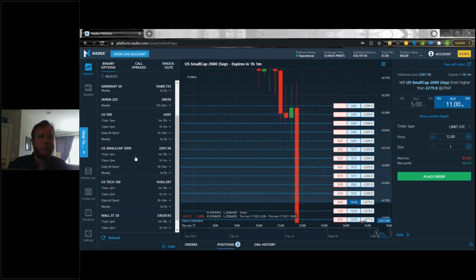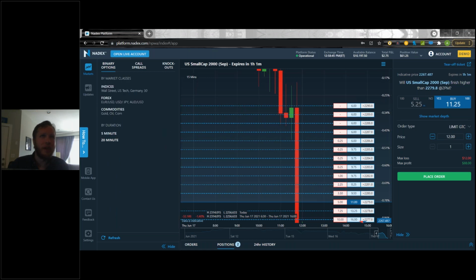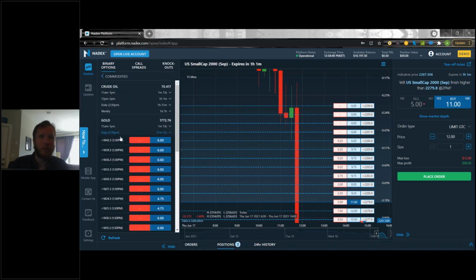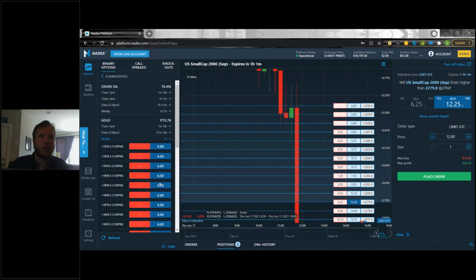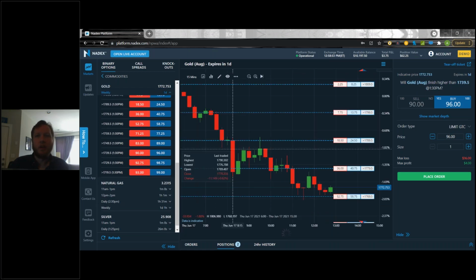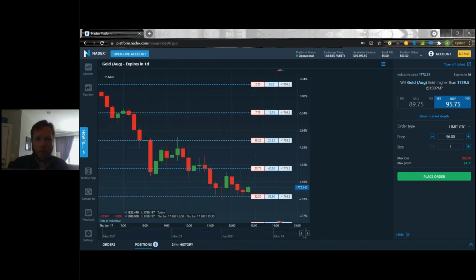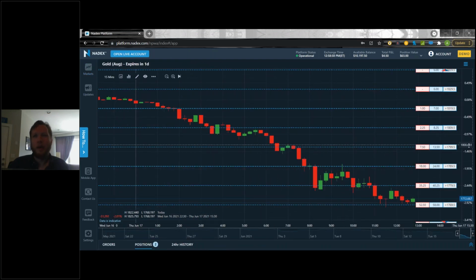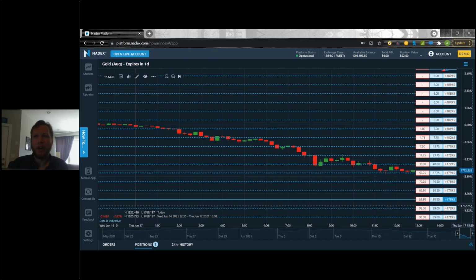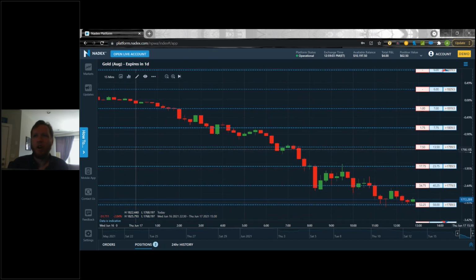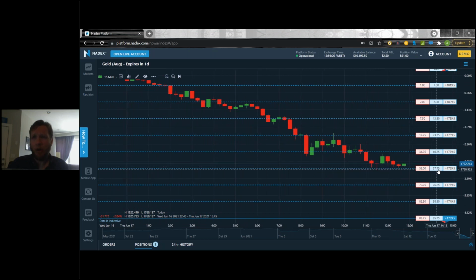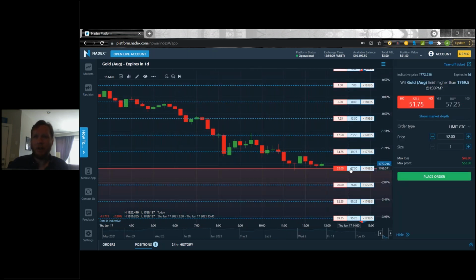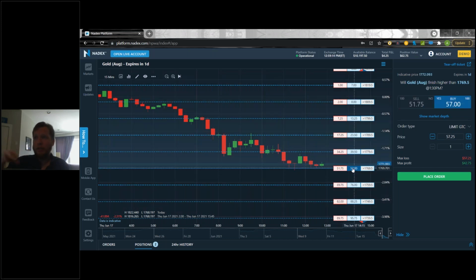Let's go to something that has been a little bit more stable. Gold's been going wild as well, but let's look at gold here. Now we can see it's been a little bit more stable, and we can see our contracts a little bit clearer on the gold market. So I can click on this to bring it up. I can click on the buy or sell side. When I click on the buy and the sell side, it's either shaded above for the buy, shaded below for the sell. So, nice visual representation there.